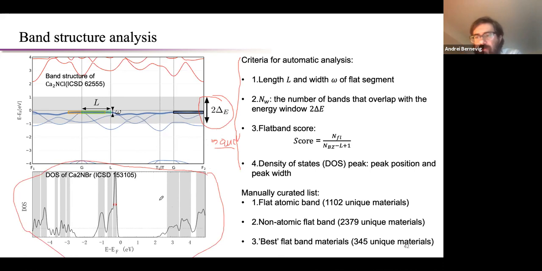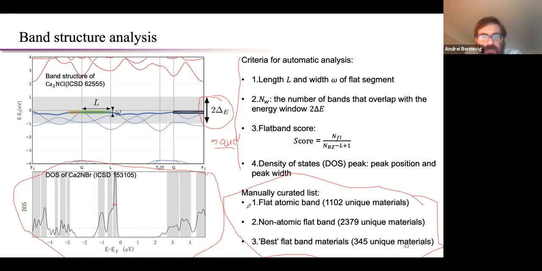And this is another way to brute force get these systems. For example, you look for peaks that are larger than the average or smaller in width than the average, etc., at the Fermi level. Okay, so you do this brute force, and you find the following number of materials that you can then go through one by one by hand, and that obviously takes some time, and curate them.